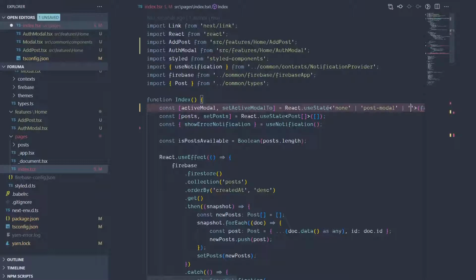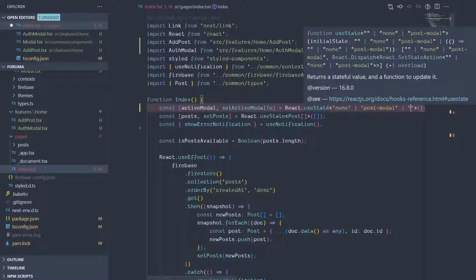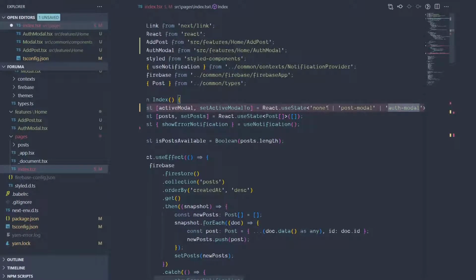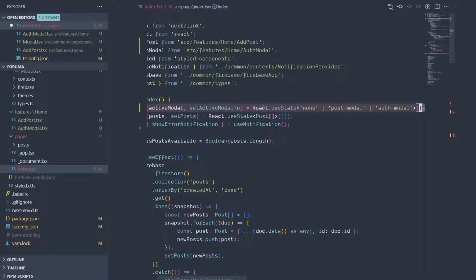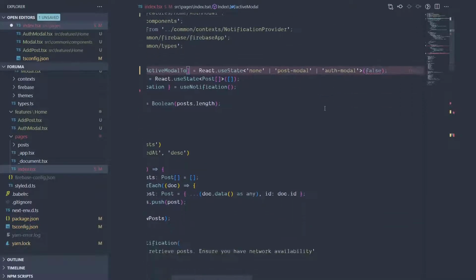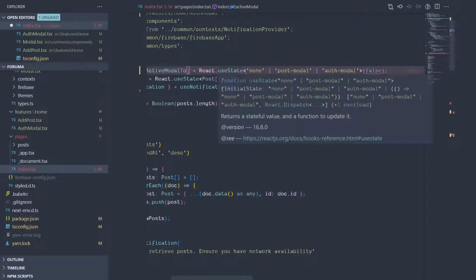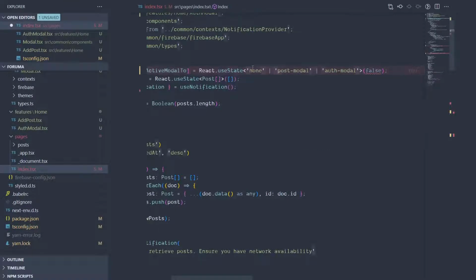Because you can't add a post until you've authenticated, right? And if you've authenticated, you can only add post or post stuff, right? So what's the modal for that? It's auth modal. So these are the various states in which active modal can be in. So we need to make a change to this, right? Because now that is not a boolean anymore, but rather a string of these specified types or values,